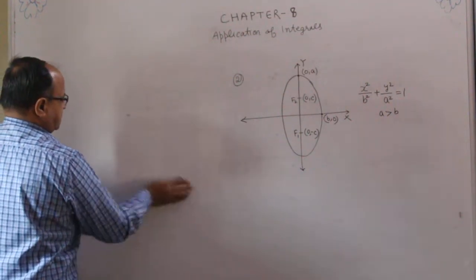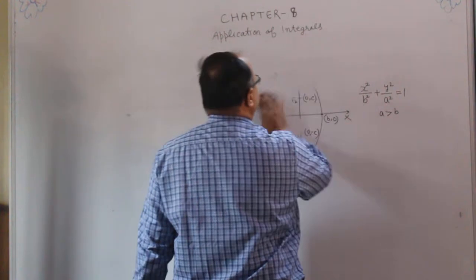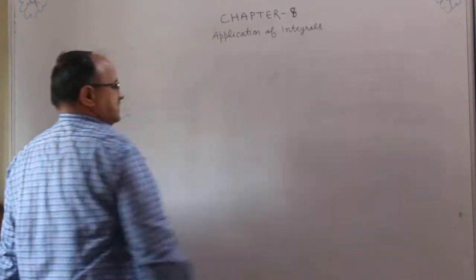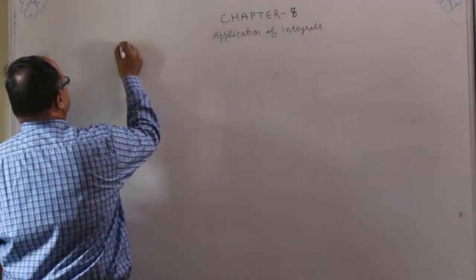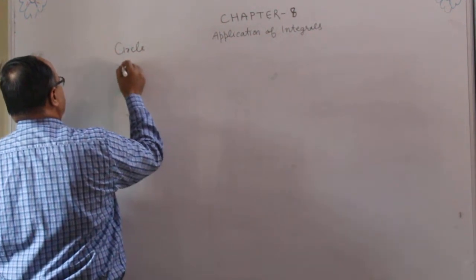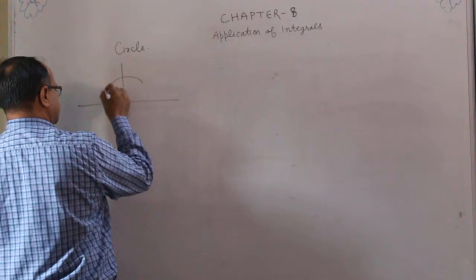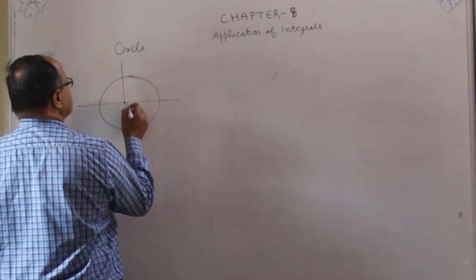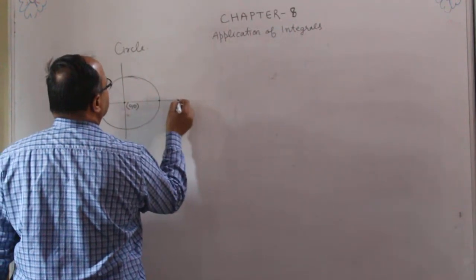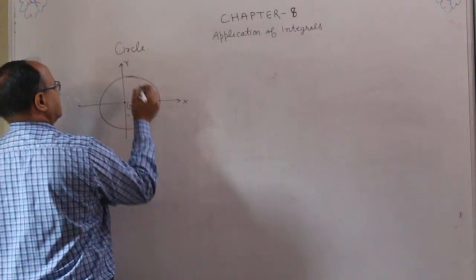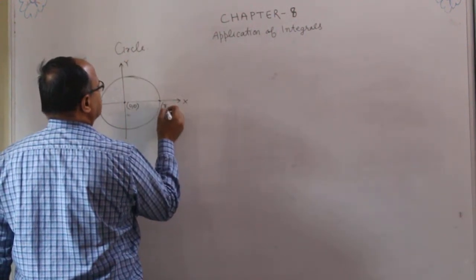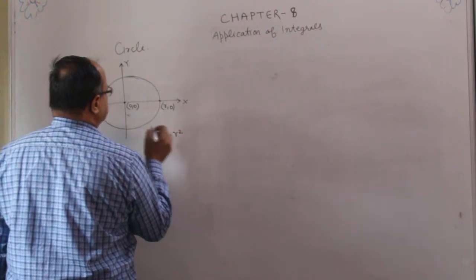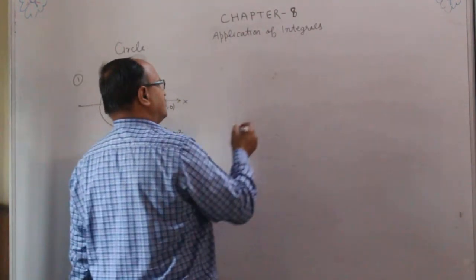Next, the basic form of circle. Circle, you know, if the center of the circle lies on the origin (0, 0), and this point is (r, 0), the equation of this circle is x square plus y square is equal to r square. And standard form of the circle,